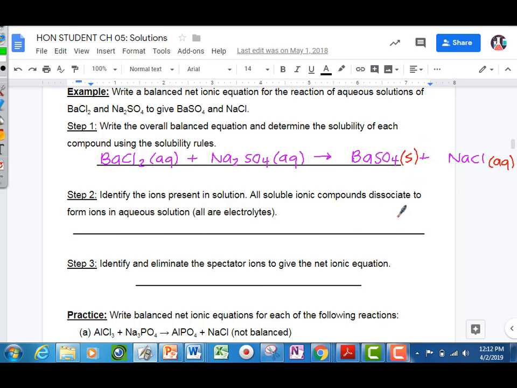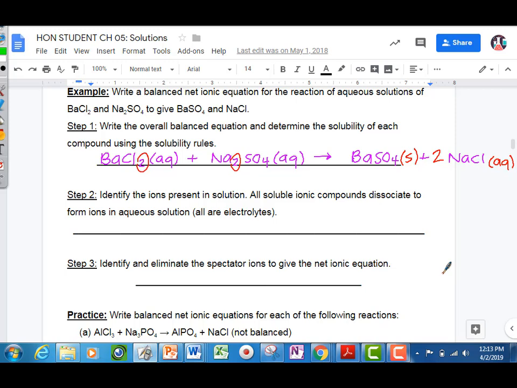So now that I've got the formulas written down and I know the solubilities of the products, now I'm going to write that big long thing out with all the ions kind of separated out. That way I can cross them out. But before we do that, I have to make sure it's balanced. Is it balanced? No. What do I have to do? I've got 2 chlorines here and 2 sodiums there, so I need a coefficient of 2 in front of the NaCl. If you forgot to balance it, then you would not have a mass balance and charge balance in the